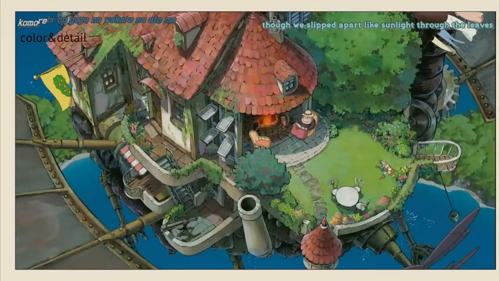Here is color and detail together. This is, I think his name is Kazuo Oga. He's a background painter on many of the Studio Ghibli films. And his whole job is to paint the stuff that you're not supposed to pay pure attention to. Let the characters in the story sit on top of it. And so he uses color and selective detail to suggest